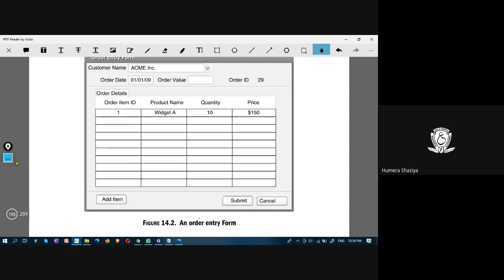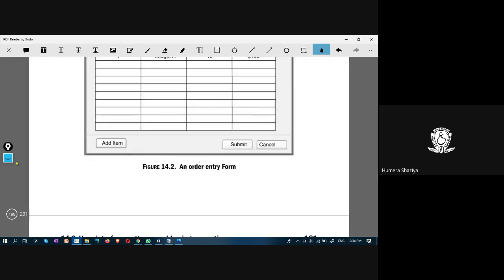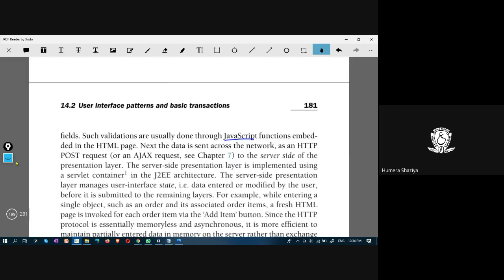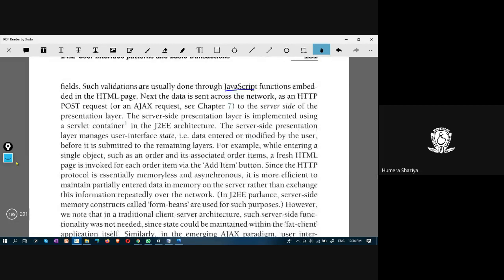There should be a positive value only. So this kind of validation would be carried out by JavaScript at the client side only. Later, the request is sent through HTTP, a POST request, or an AJAX request.